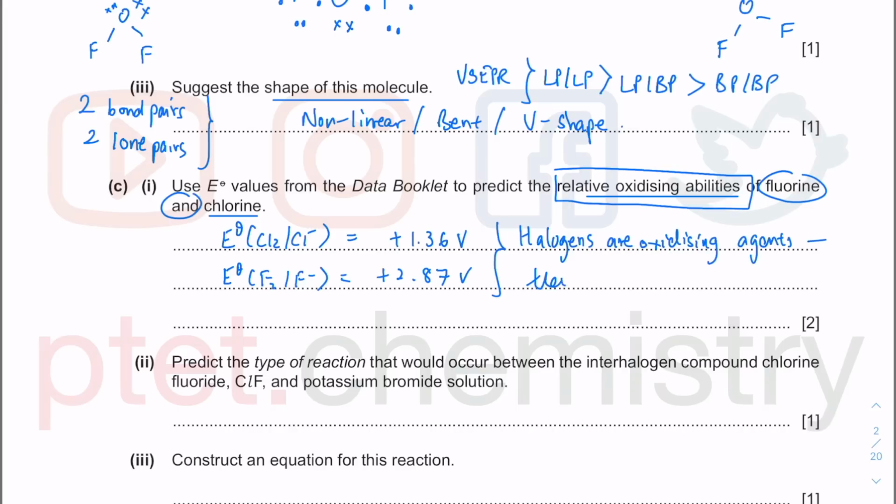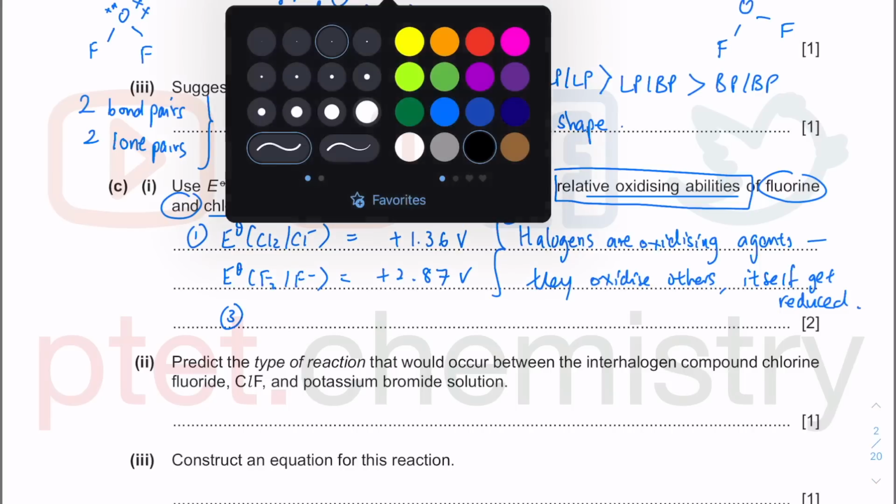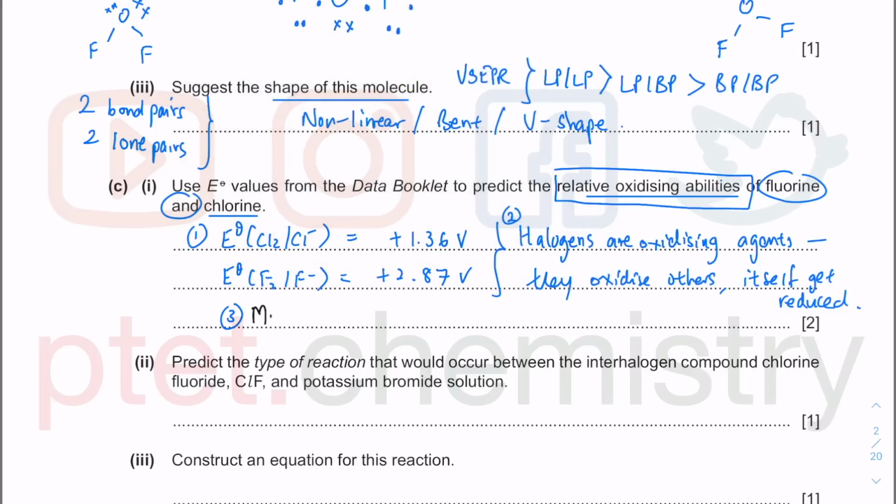So they oxidize others. But what happens to itself? Itself gets reduced. That is the key factor there. Well, actually, there's number 1 and there's number 2. Supposedly, number 3 actually follows from number 2. So itself gets reduced. So a more positive E naught